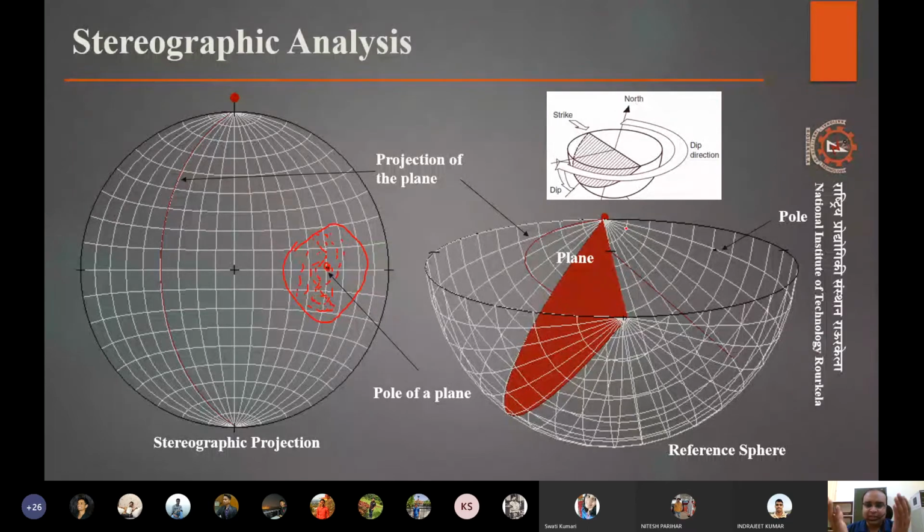Or if there are multiple sets of joints that are forming wedges, we can design our slope in such a way that those wedges do not interact with the slope face. In that way, at least those kinds of predicted slope failures can be avoided. So these surveys give a good idea of the joint orientation, the sum of all the discontinuities plotted based on their orientations, and give us a good idea of how the overall region is behaving.